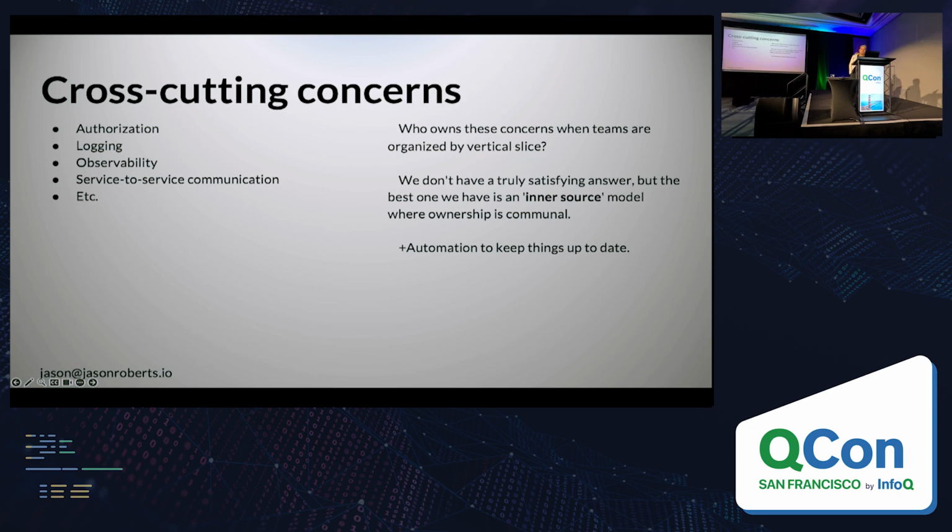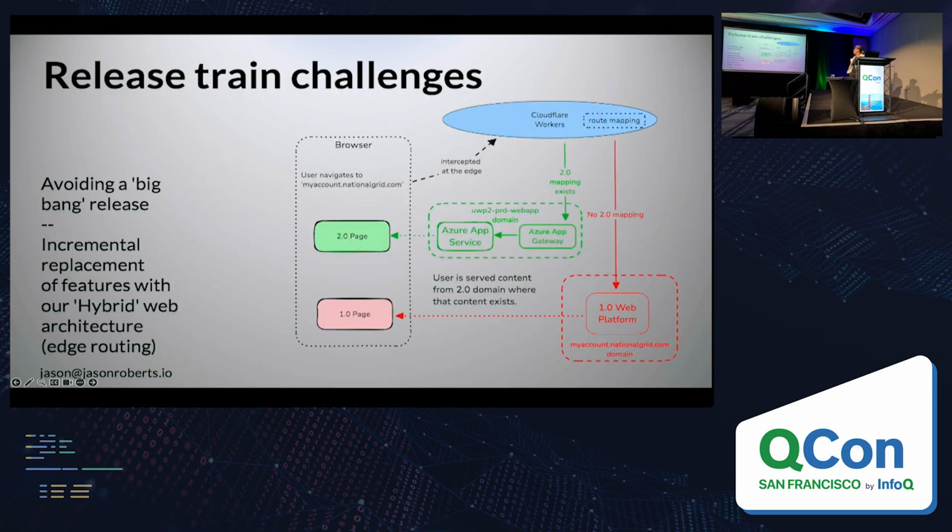Along with that, automation to keep things updated, like private libraries published as packages using semantic versioning, using Dependabot in consuming repositories to automatically test and integrate minor versions, a Patch Tuesday type of a model where new minor versions are automatically published every week. So that helped with some of these cross-cutting concerns.